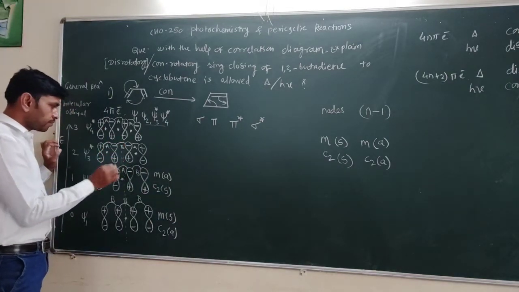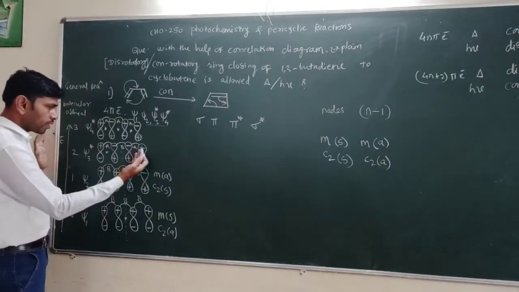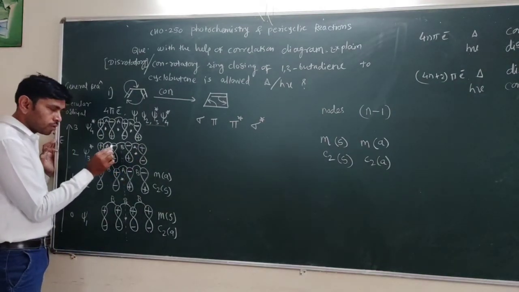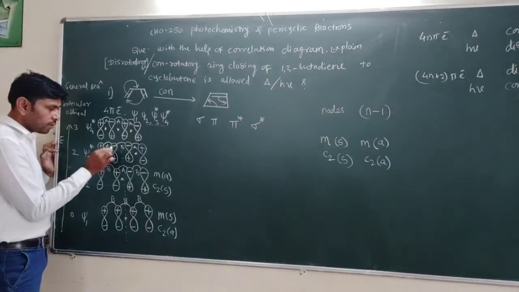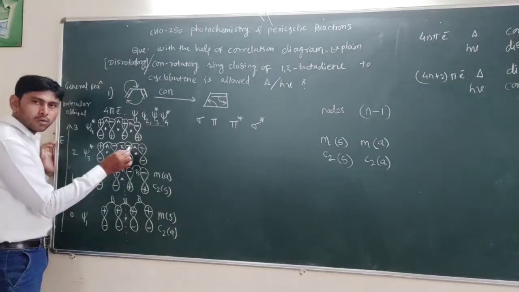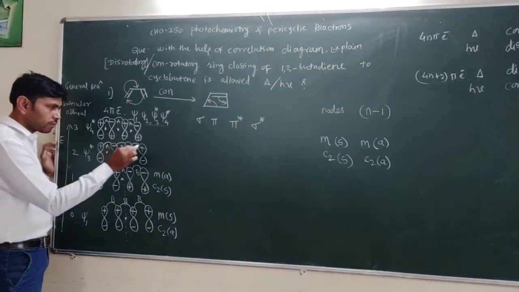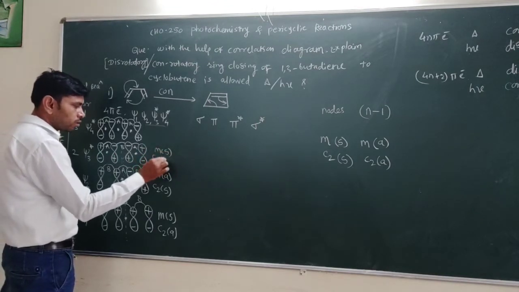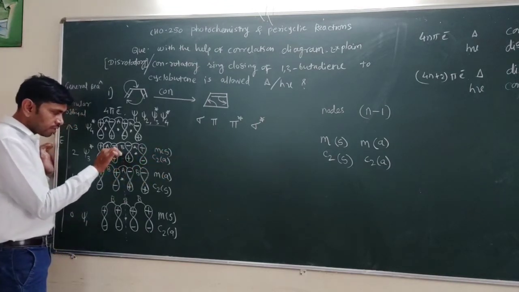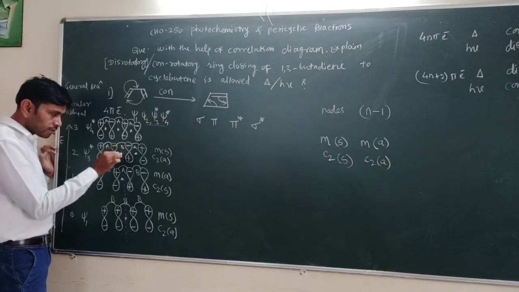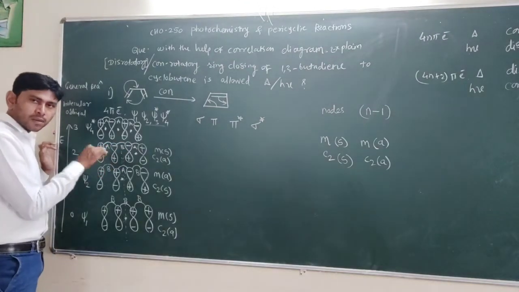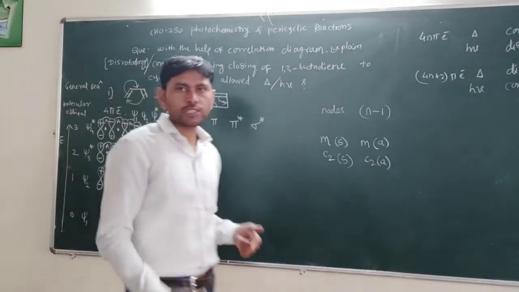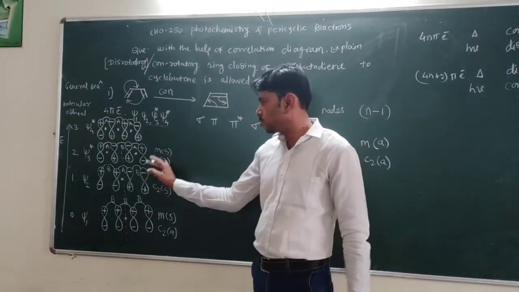When we pass a plane and fold the molecule, fold the orbitals, the negative sign overlaps with this negative, and positive overlaps with this positive. That means M symmetric and C2 asymmetric. See here, from the central point, if we go here, negative sign; the same distance in the opposite direction gives a plus sign. That means opposite signs are there. That's why it is C2 asymmetric.